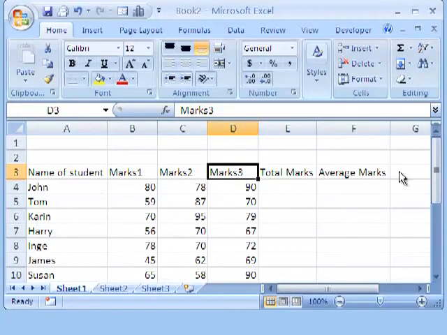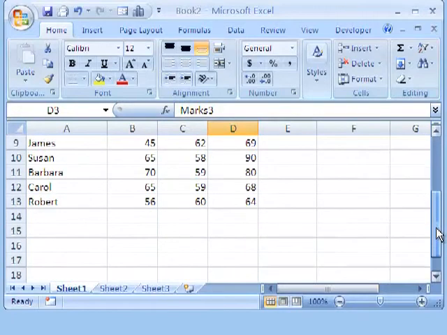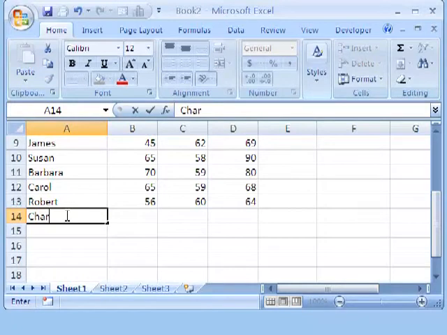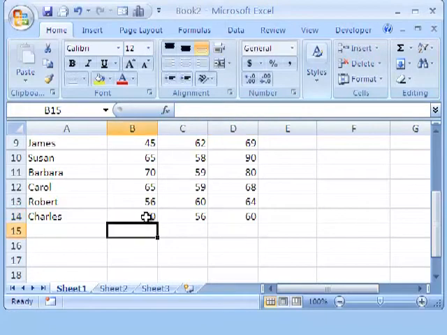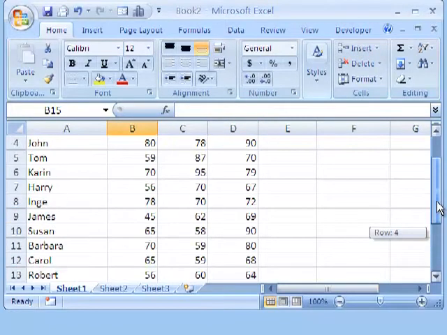Data has been entered like this. For example, I'll enter 1 here. So we have the name Charles. And did you notice it showed Carol because it does the autofill here automatically. Go here and put some marks. So Charles gets these marks. Okay, that's how we entered the data.